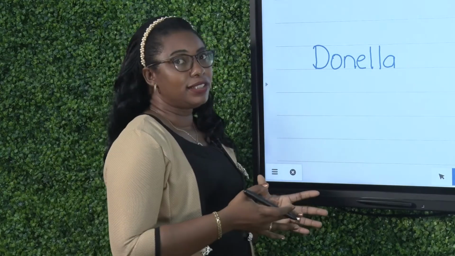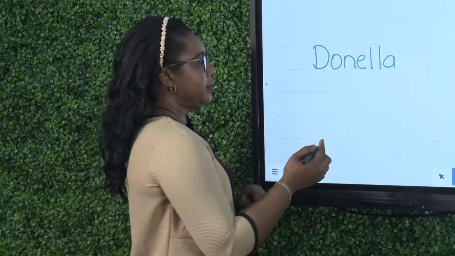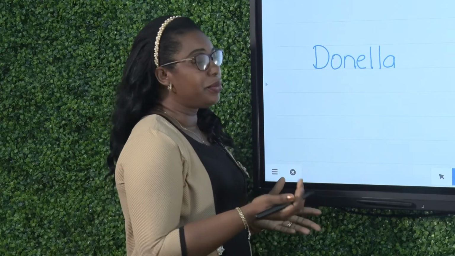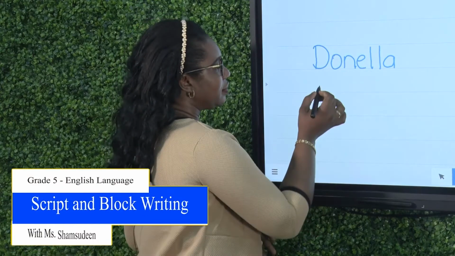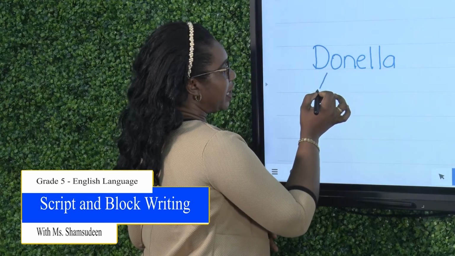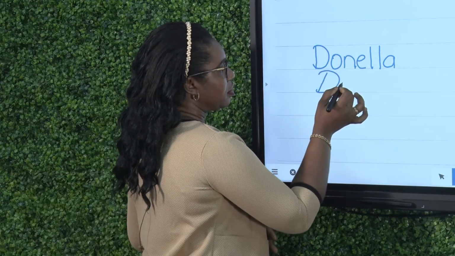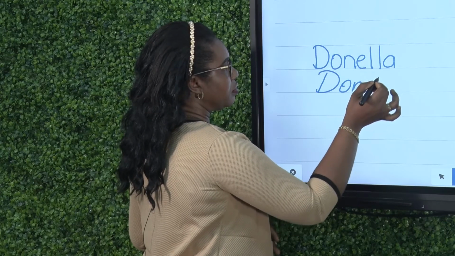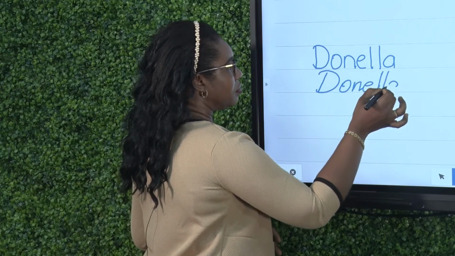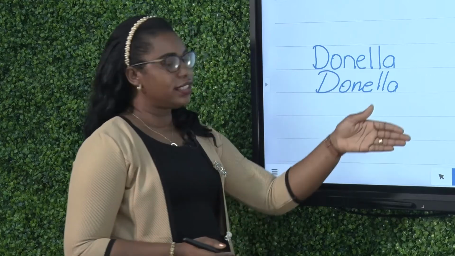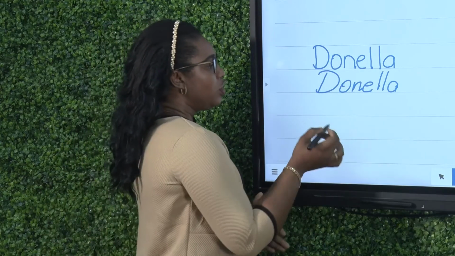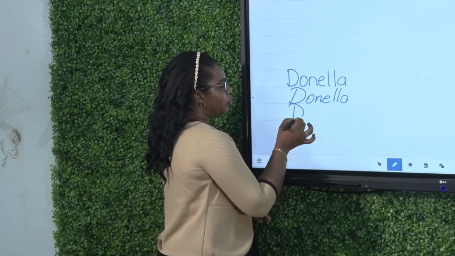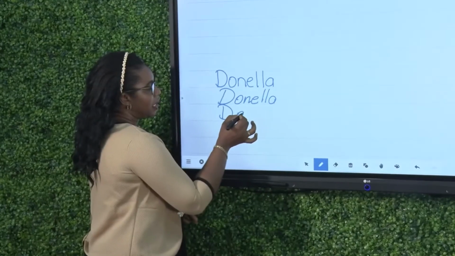Now, all my letters are upright. But there are some persons who don't write like that. If they write like this, then all your letters should be slant. You should never try to write upright, then slant,